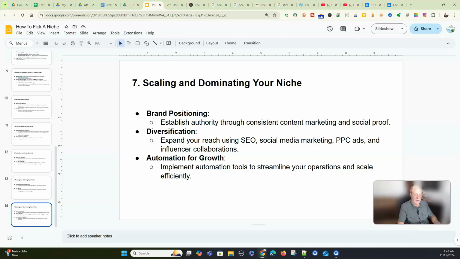So you want to diversify and expand your reach using SEO. Once you've established a sub-niche or a vertical, you can then begin to expand your reach, expand your market, and reach out into other verticals or other segments of the market. And then you want to definitely automate your process and your growth. So these are the steps to take